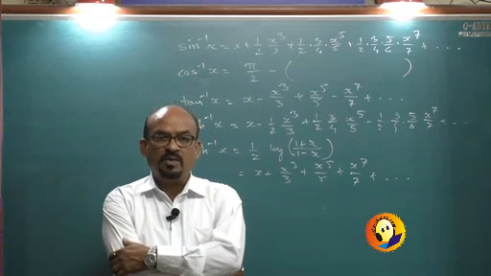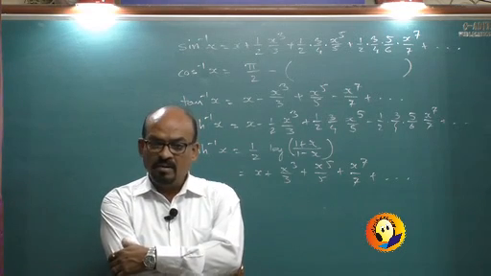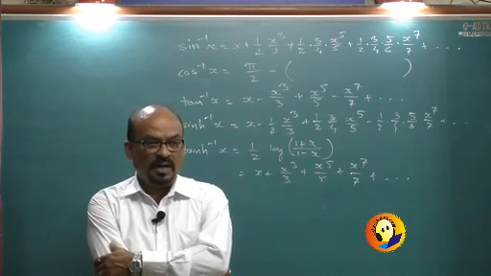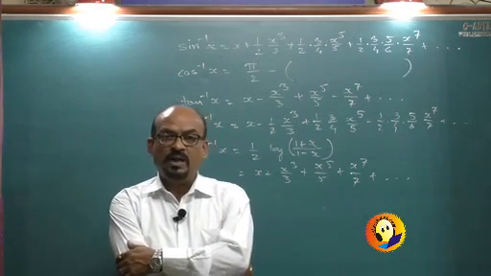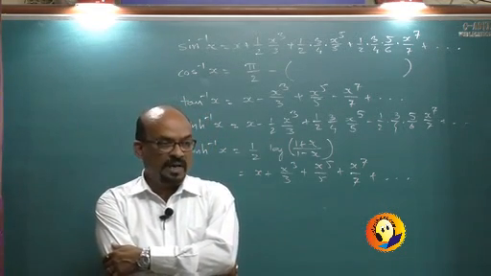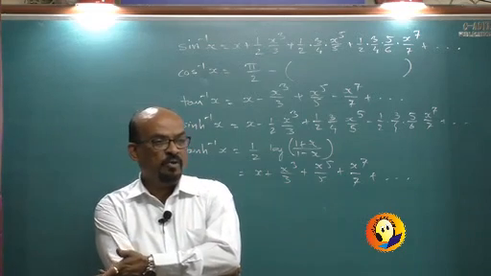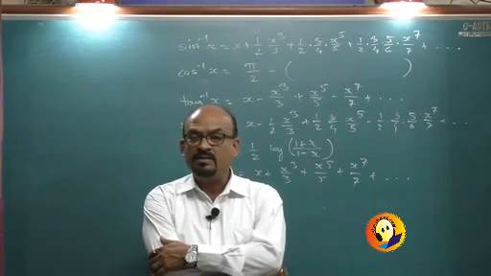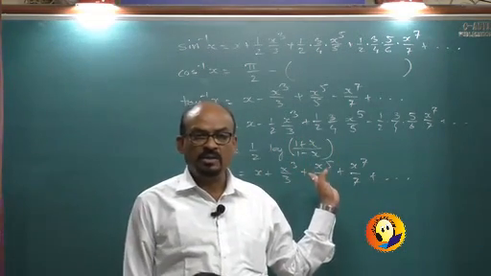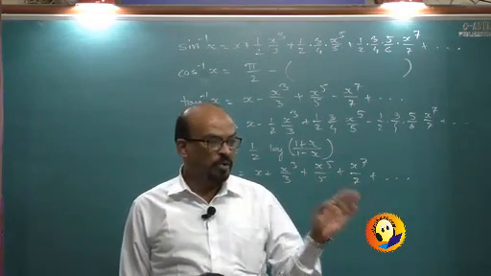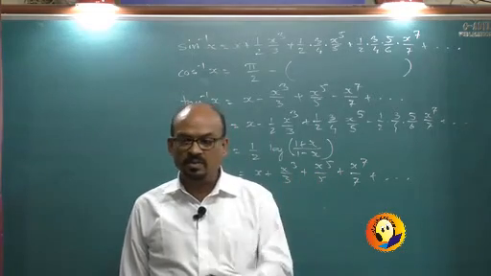then we can substitute x equal to tan theta. So it will be tan inverse of tan of pi by 4 plus theta. So ultimately your answer will be pi by 4 plus theta. But what is theta? It is tan inverse x. And then you simply write down the series for tan inverse.